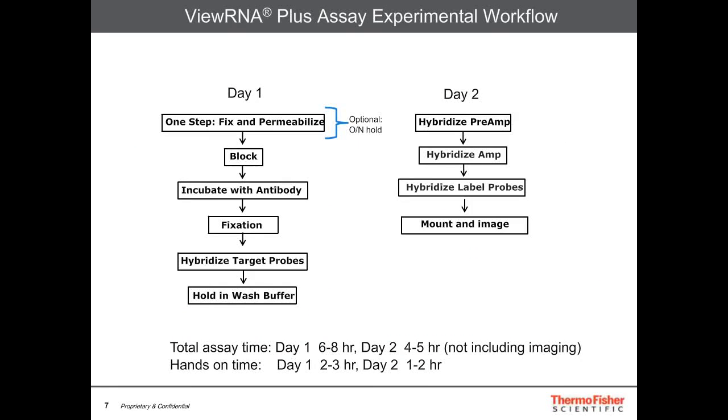In looking at more depth at the experimental workflow, it's really broken down into 2 days. In this case, step 1, on day 1, this portion of the protocol here looks at detection of the protein of interest, where it's using antibody-mediated, basically immunocytochemistry, to detect the antibody. Then a fixation step is done, and then the assay proceeds into hybridization to look at the target RNA, a hold and wash buffer overnight, and then on day 2, this is an amplification of the detection of the RNA